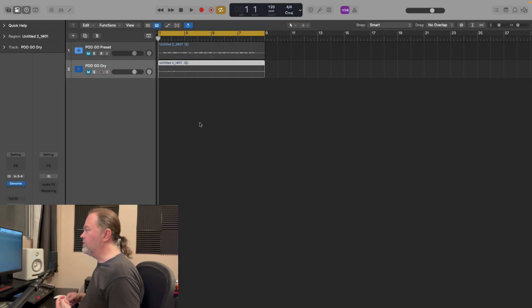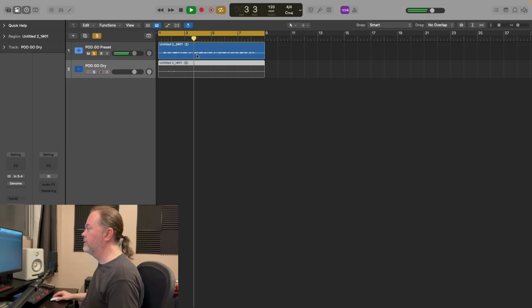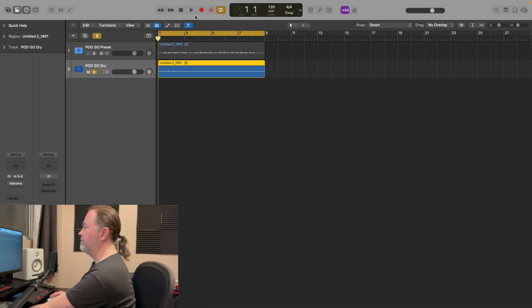So anyway, then I recorded something, and I'm going to actually take the plugin off here. So now I've recorded something, and let's play it. I'll play it in a loop here. Okay, so now if I just solo the first one, this is my preset from the Podgo, the wet. Okay, now I will solo the dry, and I'm going to turn up the speaker volume here, because the dry signal,